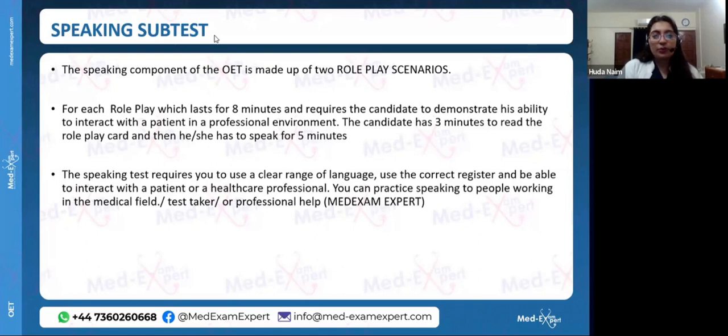While practicing, what should be our ideal score to be on the safe side? So to be on the safe side, you should have a score of at least 30 out of 42.